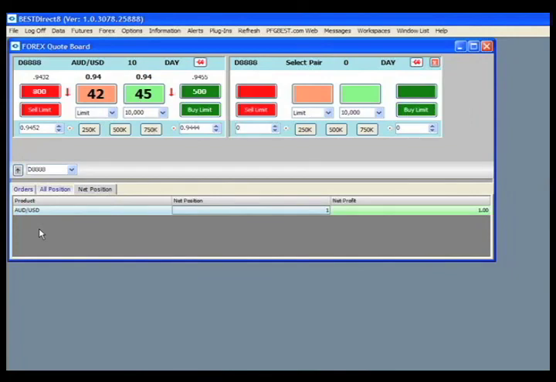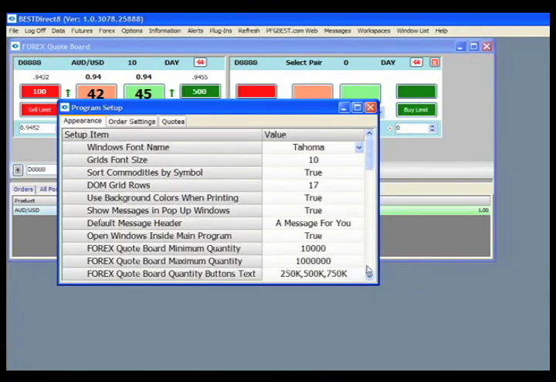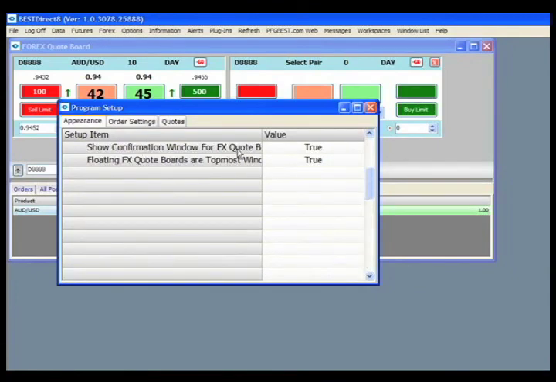When a trade button is clicked on the FOREX quote board, the default action, as you've seen, will be to show a trade confirmation window. You can review the order that is about to be entered and can either execute the order or cancel the operation. If you choose to disable this confirmation feature, you'll need to go to File, Setup, and under Appearance again, you'll go to Show Confirmation Window for FX Board. If you choose to disable this feature, simply click on the False feature. Please note that with trade confirmations disabled, your trades will be sent in immediately anytime a trade button is